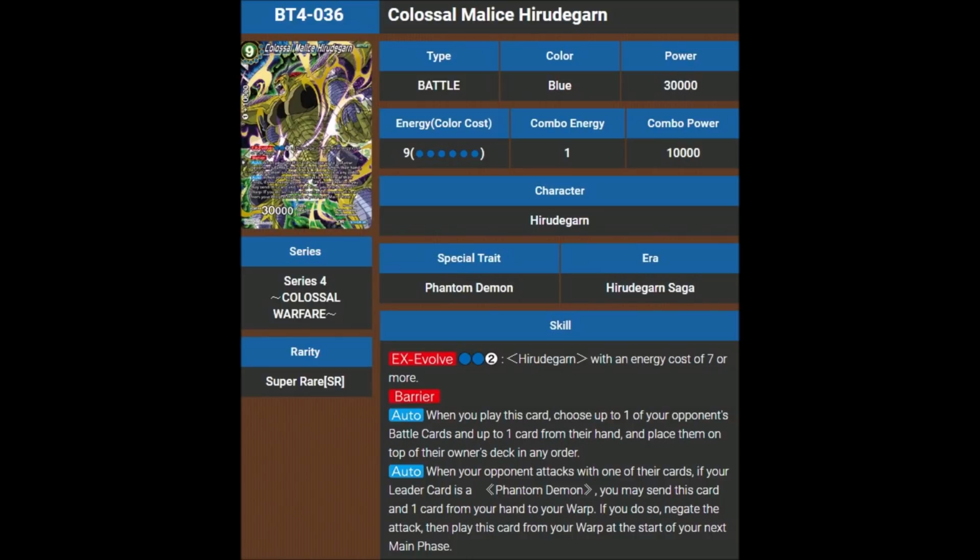He's got Barrier, and when you play this card, choose up to one of your opponent's battle cards and up to 1 card from their hand, place them on top of their owner's deck in any order. When your opponent attacks with one of their cards, if your leader card's a Phantom Demon, probably no chance you'll ever run Hirudegarn without the leader, you may send this card and 1 card from your hand to the warp. If you do so, negate the attack,